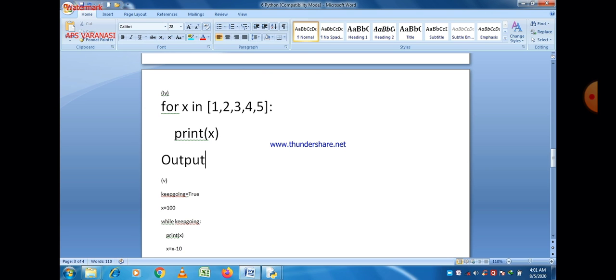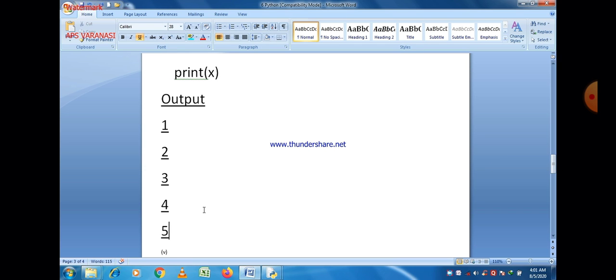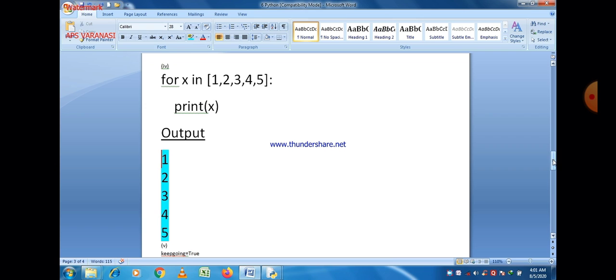So what is the output of this program? 1 2 3 4 5. And if you give the answer just putting a space in your examination, then it will also be considered incorrect, because you have to change the line every time, because this is the property of the print statement. So keep in mind this concept also. You can easily see that every time the line will change here.